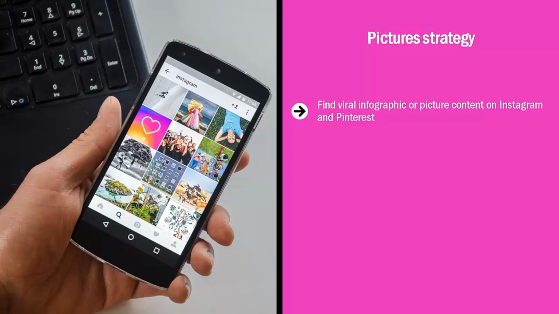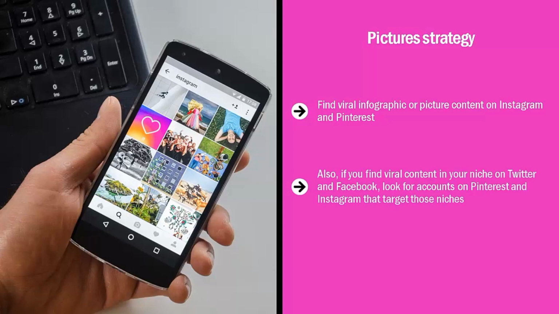Do the same with viral Facebook and Twitter photo content, but on the Instagram and Pinterest platforms. Again, make sure you rotate your hashtags. Make sure that this stuff is really niche specific. Also, if you find viral content in your niche on Twitter and Facebook, look for accounts on Pinterest and Instagram that target those niches. Look at their followers and try to follow those followers and possibly get them to follow